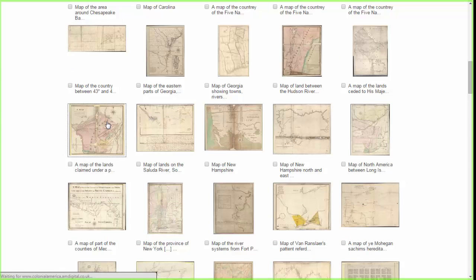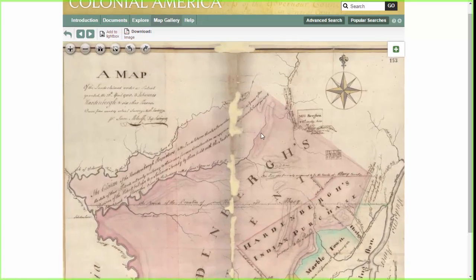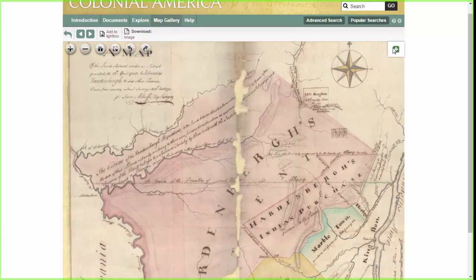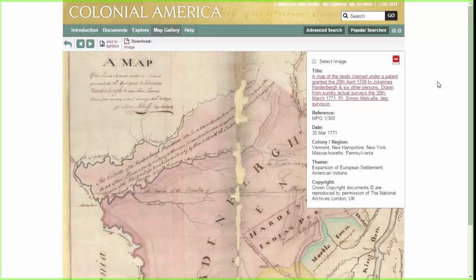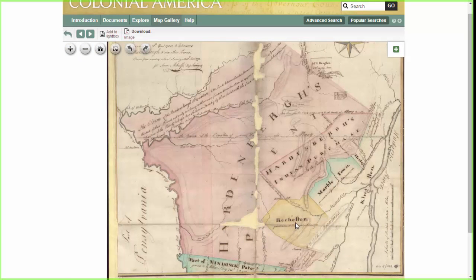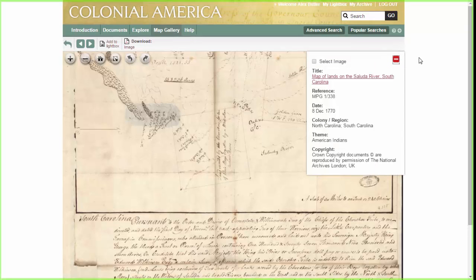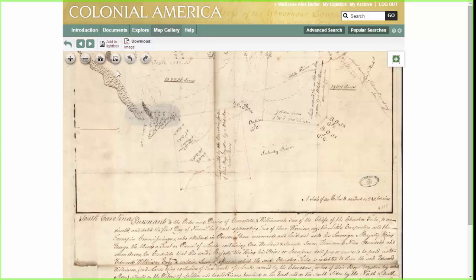Let's have a look at this one here. So we just pull the metadata down here. You can see that this is a map of land claims in, where does it say? Vermont, New Hampshire, New York. Okay, so based in the northeast. We see Rochester there. Pull the metadata down again. So each map has metadata in this pull down window here, and you can quickly flick between maps